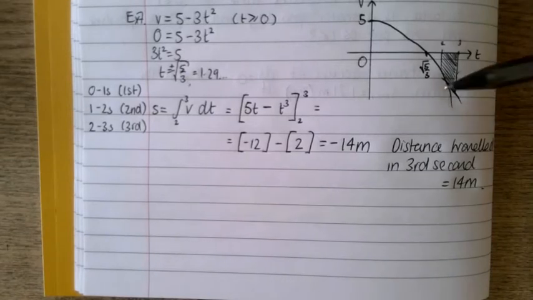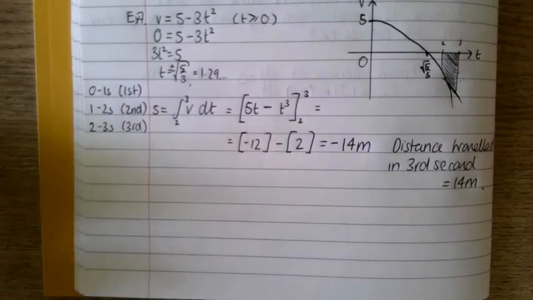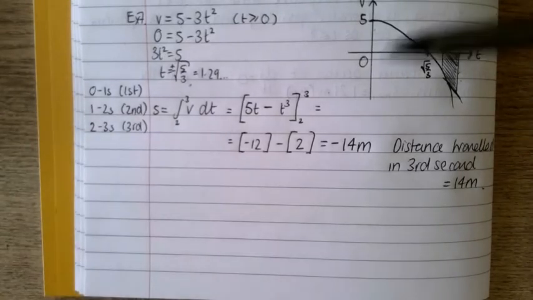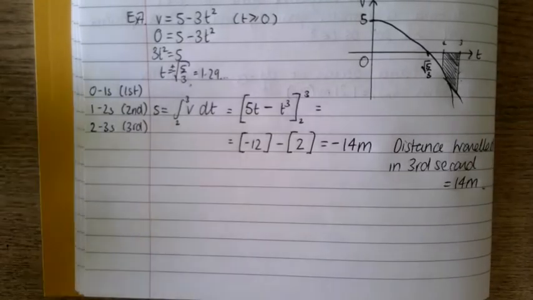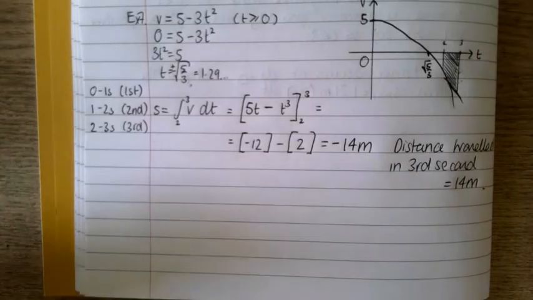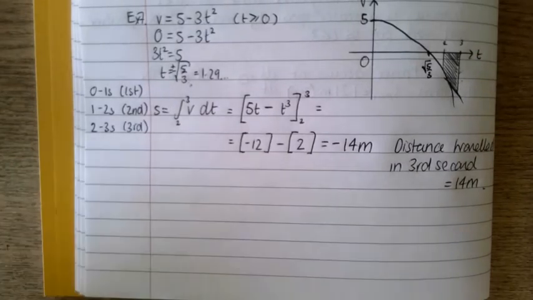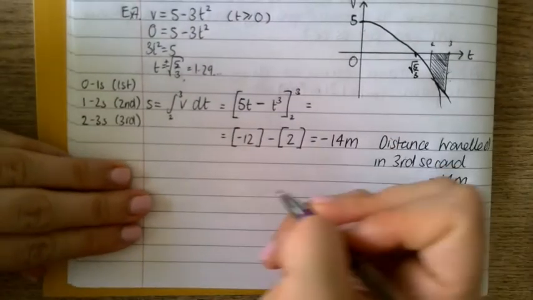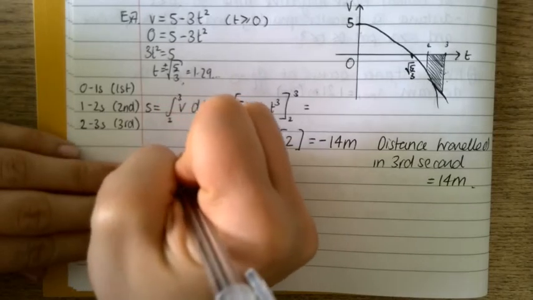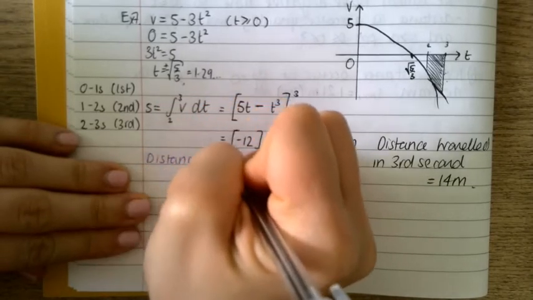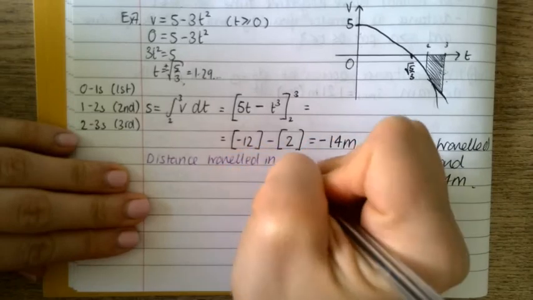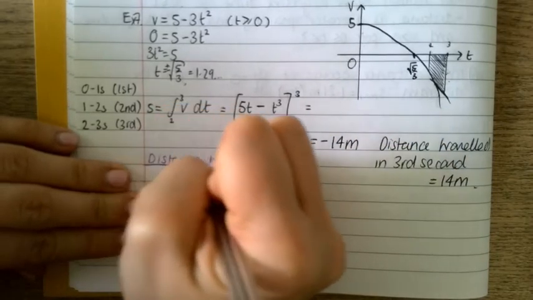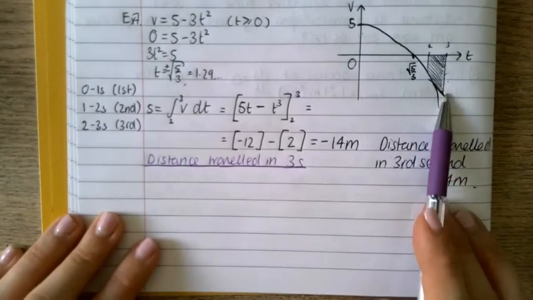Now, exam questions are usually trickier than this. Exam questions might say, work out the total distance travelled in 3 seconds. Okay, so this isn't in the textbook, but I'm going to do an extra part of this question because exam questions usually are much more complicated. So if I want to work out the distance travelled in 3 seconds, so literally from 0 to 3 seconds,